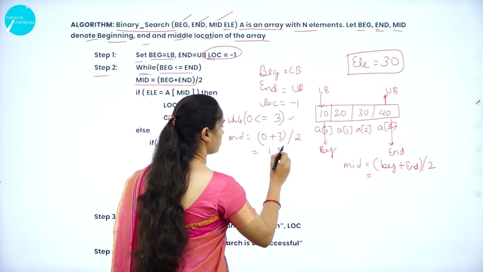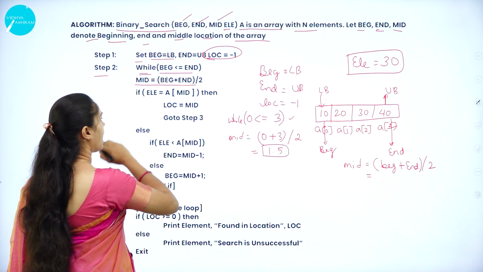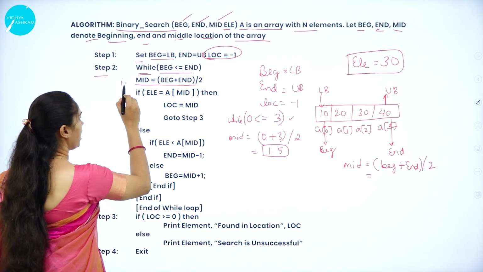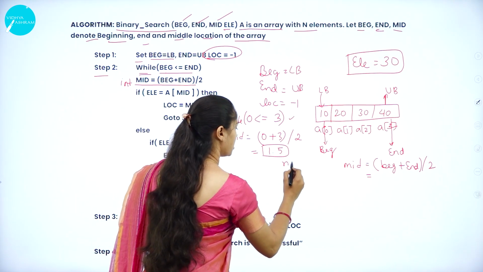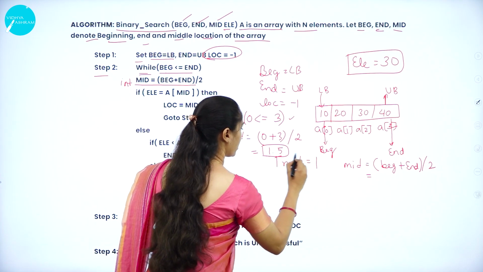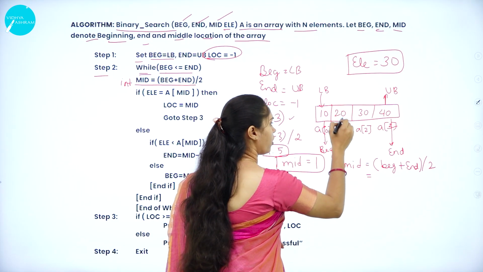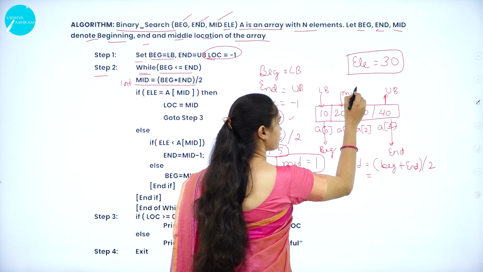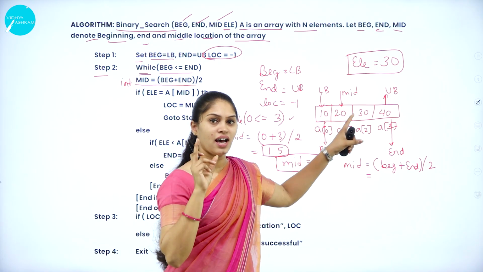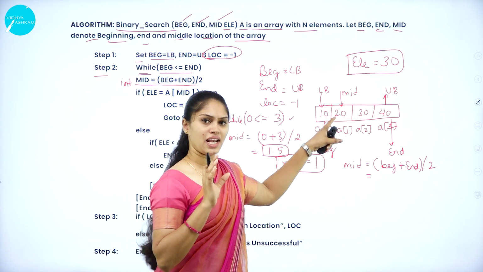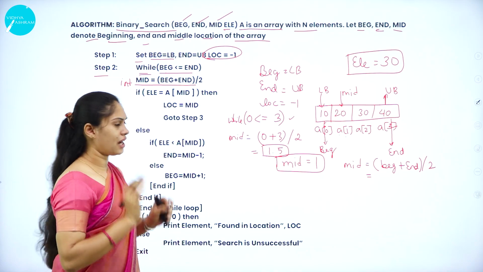So what are we going to find? That means 1.5. Can I take it as 1.5? No. Why? Because I have taken mid as int, so it is going to truncate the fractional part and the mid location will become 1. So what is the mid location now? That is 1. So I get to know that the element a of 1 will be in the middle. So I have 4 elements. First element is 10 and last element is 40 and the mid location is a of 1. There we have an element called 20 and I am searching for an element called 30. So this is what you have to understand right now.